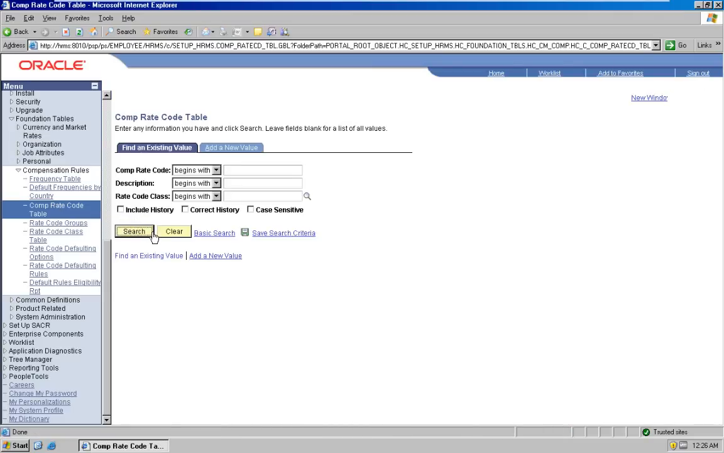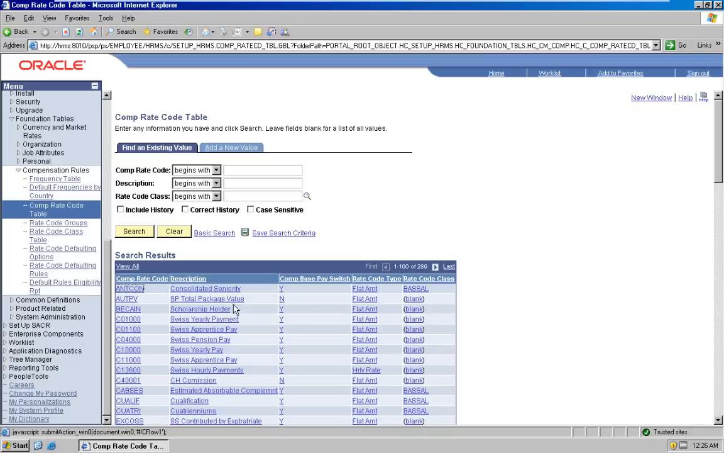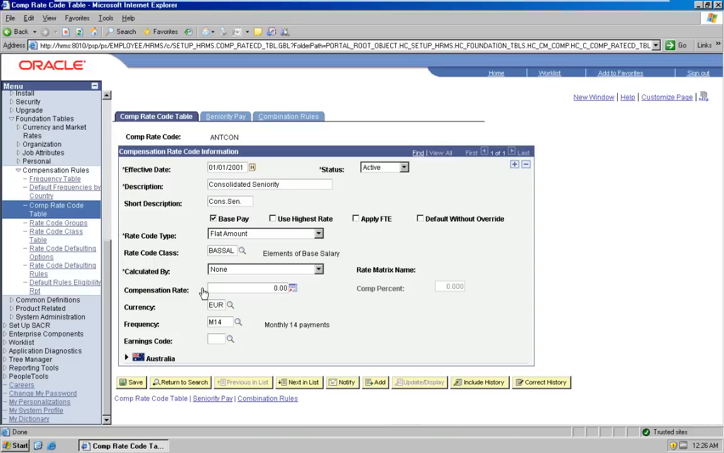And if we see, let's try to open any one of these. If you see here, we can define various parameters as part of the rate code. Again, the basics are effective date, status, description, short description. Then we can define whether it's a basic pay, whether it's a use highest rate, or apply FTE, or default